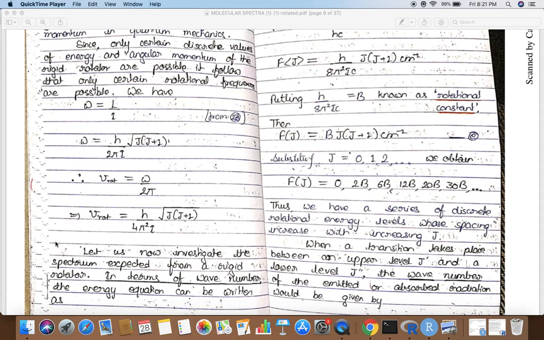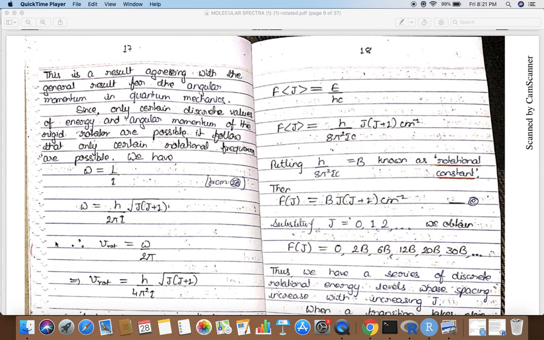Now, to investigate the energy of this rigid rotator in terms of wave number, we need to divide the total energy by hc. Then F(J) is equal to E upon hc. This angular bracket doesn't mean any kind of expectation value; it's simply F, which is the energy in wave number for the rotational energy. So the rotational energy we have achieved is h upon 8π²Ic J(J+1) centimeter inverse. Because these are all constants, putting h divided by 8π²Ic equal to B, known as the rotational constant,